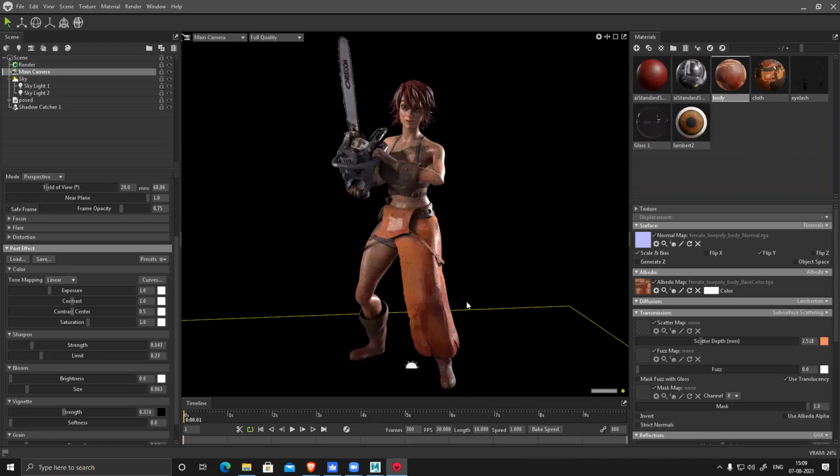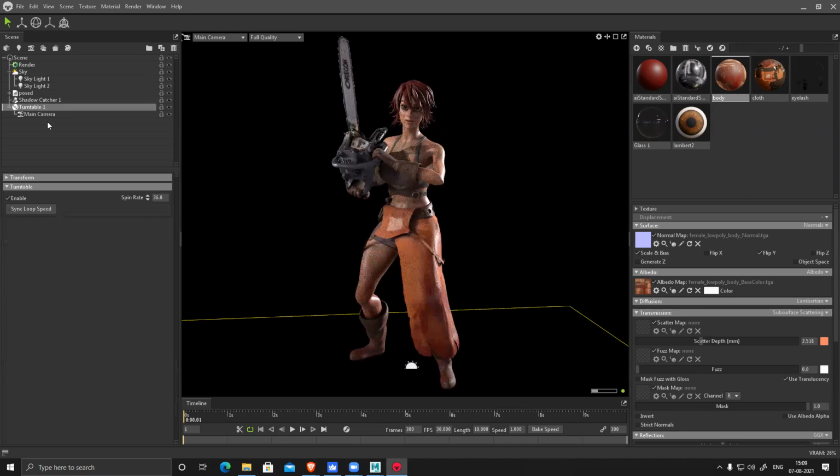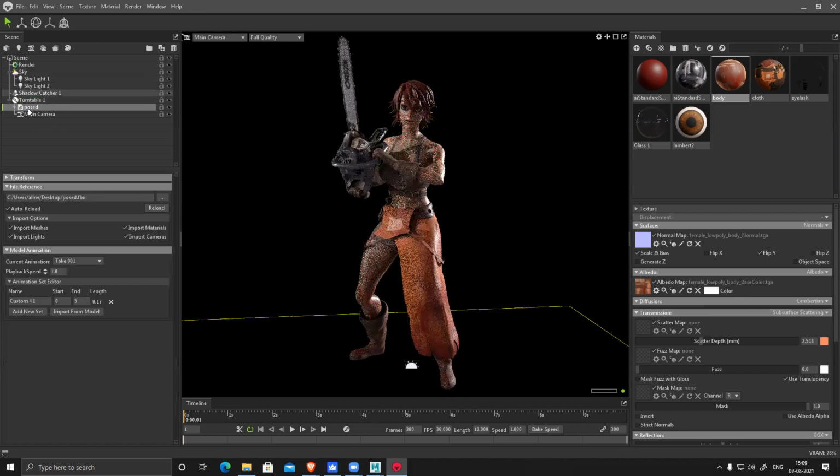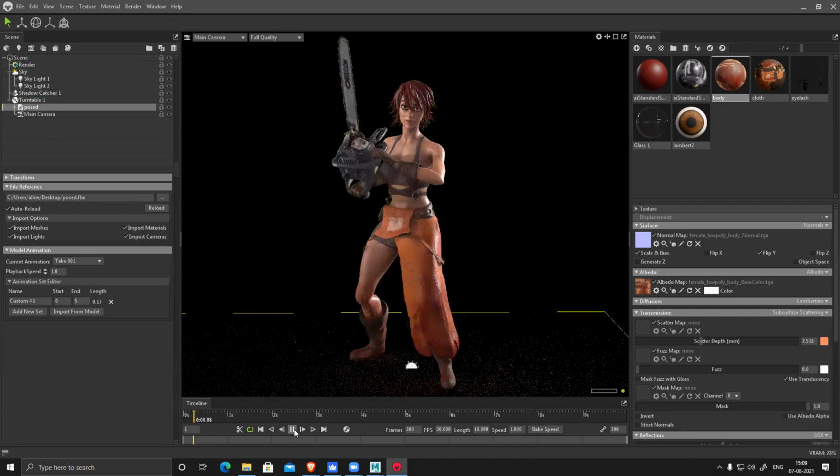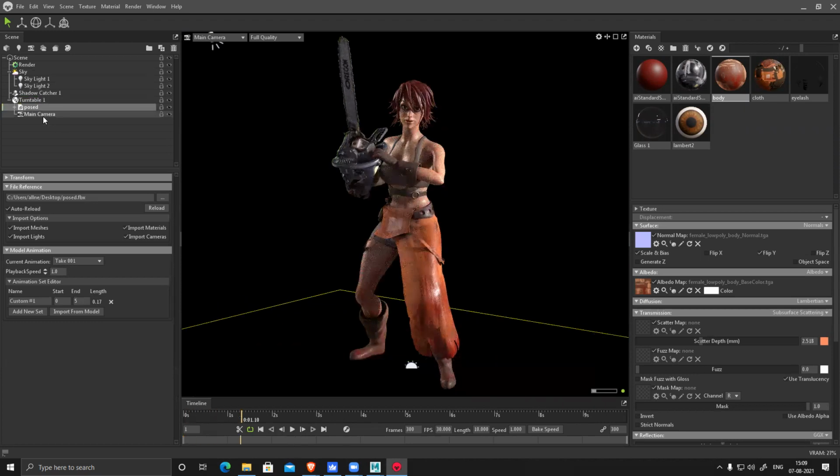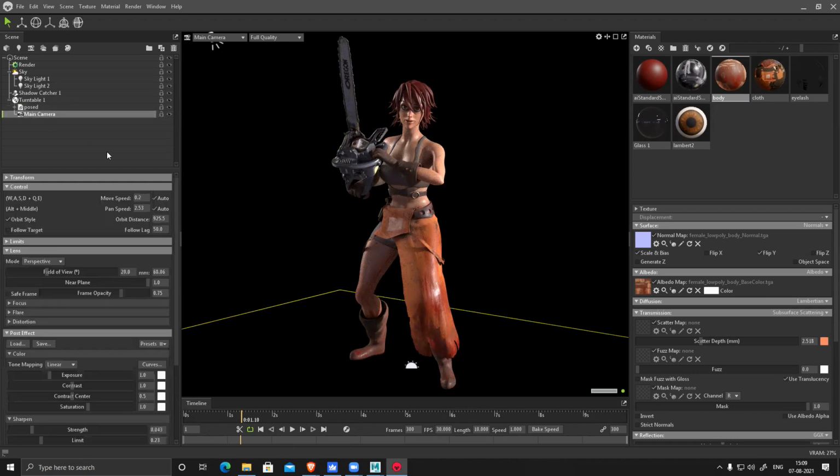And if you want, we can create a 360 render also. See turntable. Let's drag and drop this to the table. Oh, main camera is part of this.